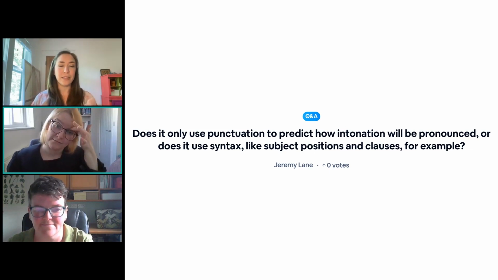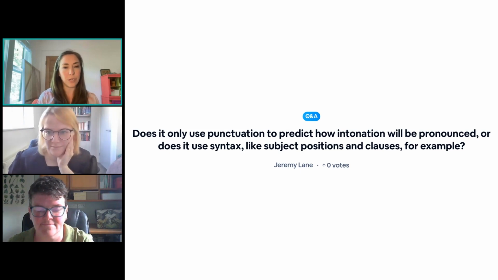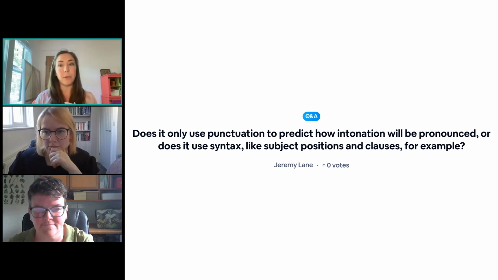And Jeremy, this is great, because I think you're spot on. Punctuation is the starting point for sure. It's the most obvious. Most people know that if you see a comma or a period, you're going to pause, possibly take a breath. If you see a question mark, there might be a rise in your inflection somewhere within the phrase. But even that becomes really complex and really interesting. There is certainly an understanding within the model. There's a layer all around context, grammatical structure, the content of what's being spoken. So a lot of that goes into it.